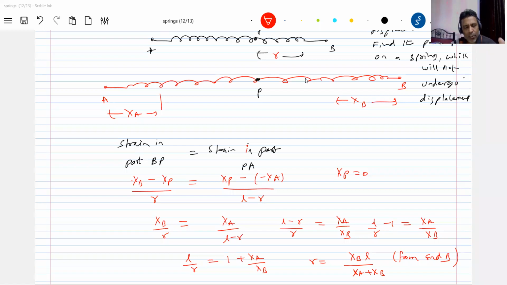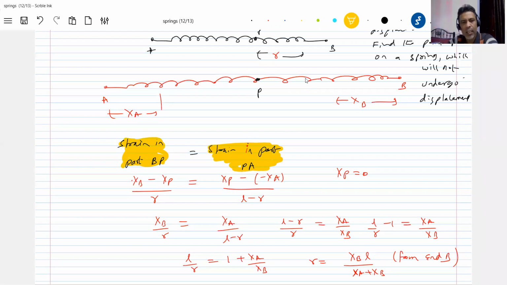Okay, got the idea now? So there'll be some point on a spring, always there'll be some point on a spring which will be at rest. So you do one thing, just analyze now. If both the ends of the spring are given displacement in the same direction, opposite, analyze all. I give this basic formula. So our entire discussion revolves around what information he has given. So don't forget the possibility of asking questions on a very simple basic idea of the spring.